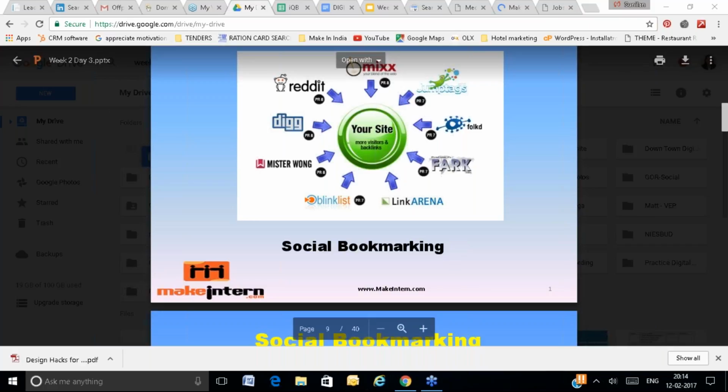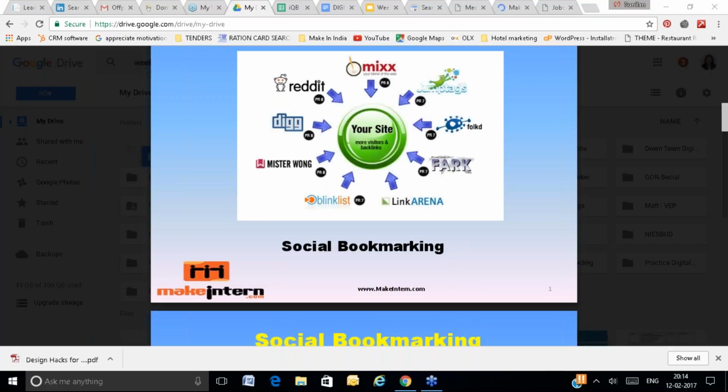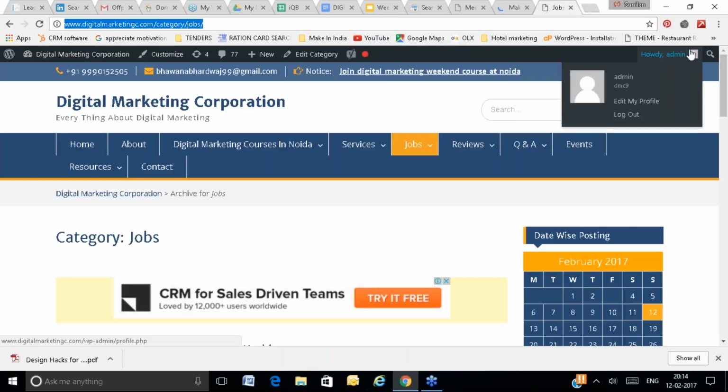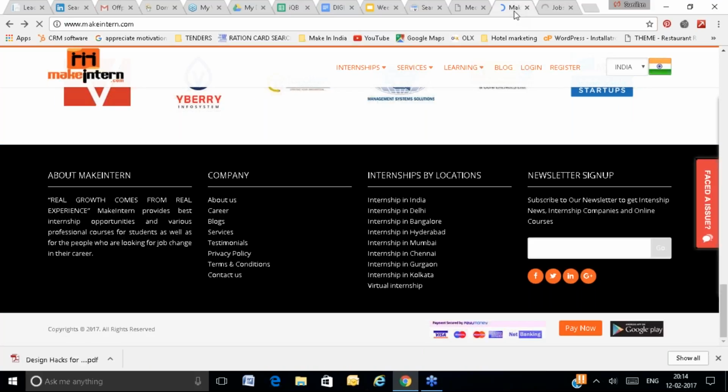So social bookmarking is a website where you can bookmark any web pages for the public, like publicly you can bookmark. In general, what we do, we privately bookmark. So you are bookmarking a page for your own use only. Whenever you need, you can go and open that bookmark page. So bookmark, you understand what it is? Basic bookmark, you understand? Bookmark, so simple bookmarking we understand.